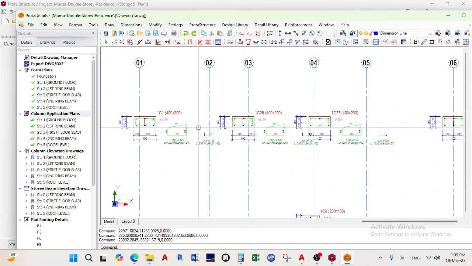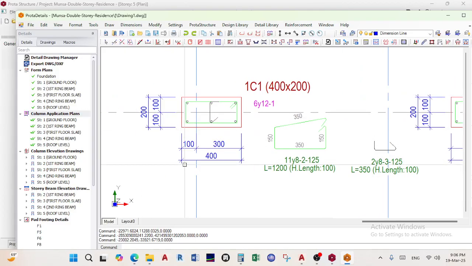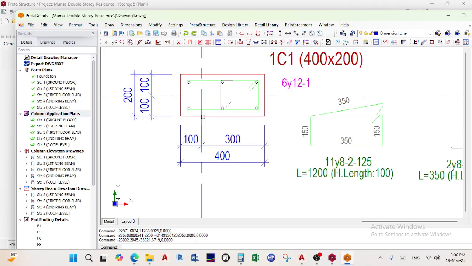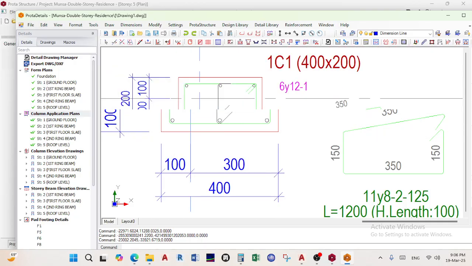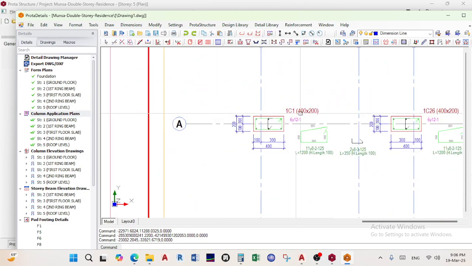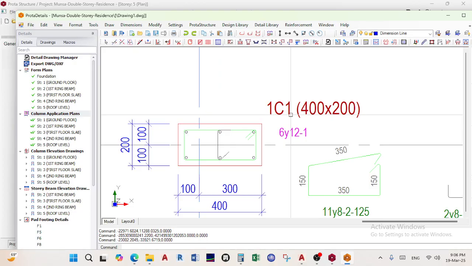It gives you all this information such as the hook length, the stirrup or the link length, gives you the column dimensions, and it gives you that 100 eccentricity. It shows you the clips, the column arrangement, column orientation, and then it also numbers. Remember we say when it says 1C1 means column 1 on the first story, or first story column 1,